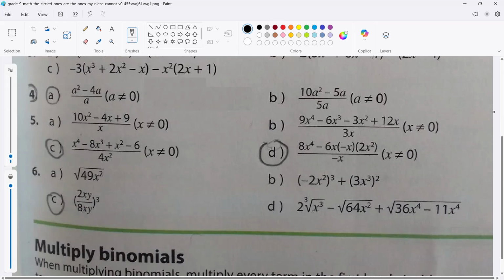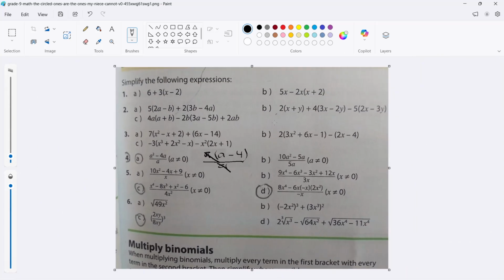a squared minus 4a. I can factor an a out of that, and what I'm left with: a squared divided by a is a, 4a divided by a is just 4. And then divided by a, the a's cancel out, and all I'm left with is a minus 4. That's the answer. This one, 5c, I'm going to have to